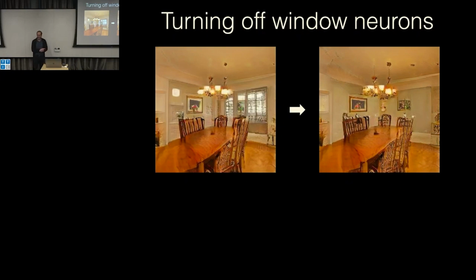Yes? How deep were these units? This neural network is, I think, 14 layers. I meant to ask, these neurons that were triggering, how deep in the neural network were these? This was layer 4. So when you look at all of the units inside the GAN, what you find is that the most interpretable ones are right in the middle. If you're too close to the Gaussian input, it's really about shaping the distribution into something coherent. If you look too much towards the end, it's all about edges and fine details of the image. The interesting things happen in the middle. In a classifier, it's the contrary. Interesting things happen at the end, and the rest is just less interesting. I'll be showing some examples of that.